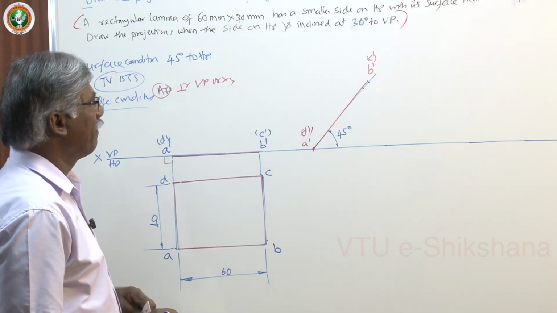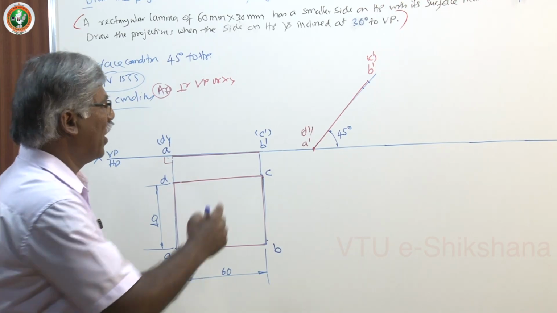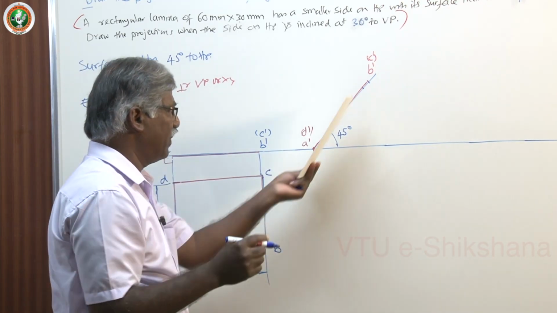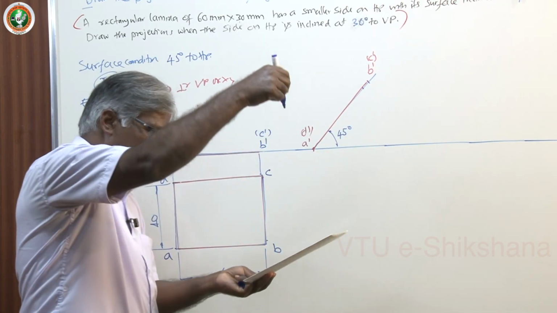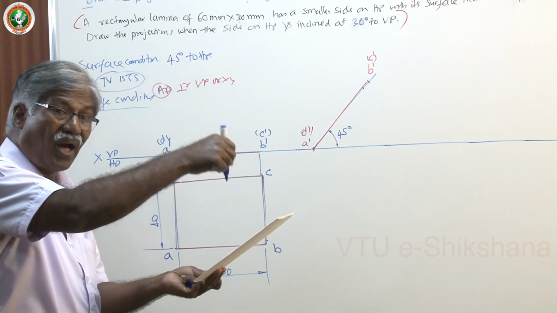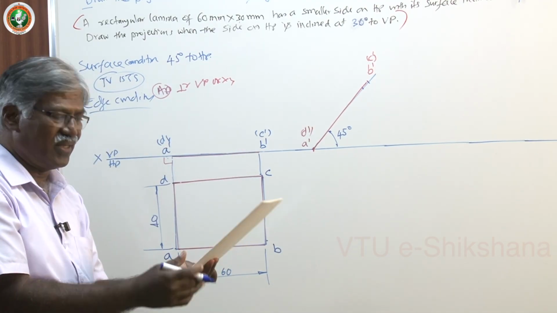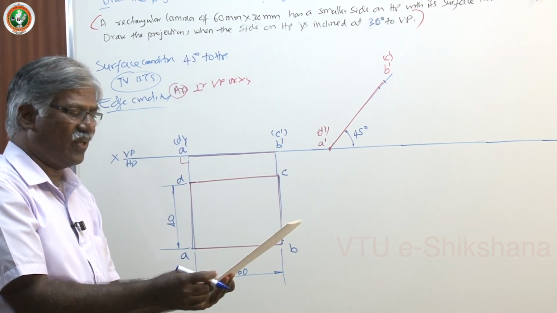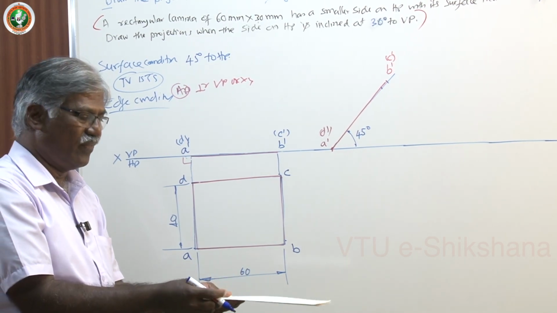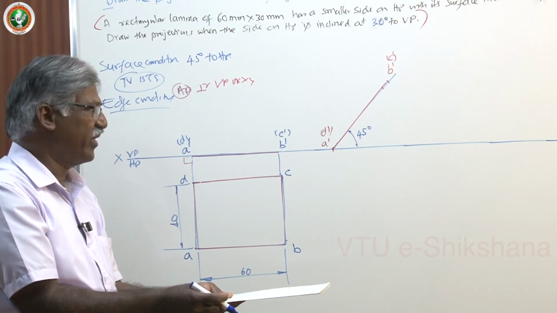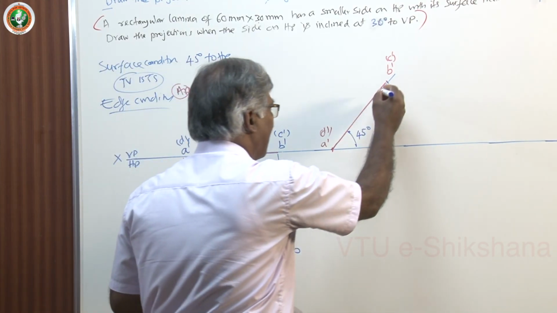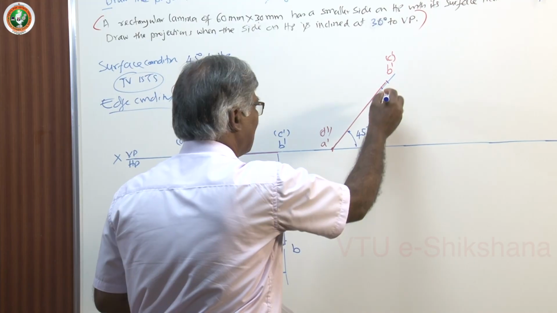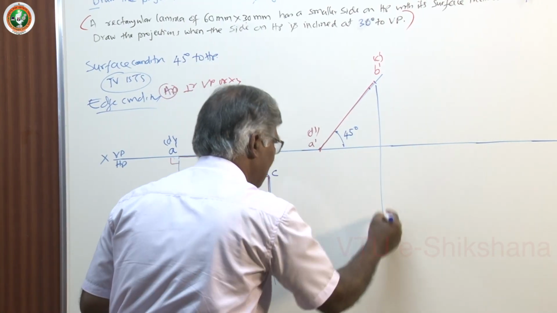Now I have made the inclination to HP of 45 degrees. The corresponding top view is an apparent shape, not the true shape, because it is inclined. If it is inclined 90, you will again get a line. If it is 45, you get a moderate value. If it is 0, you will get the true shape. As the angle increases, the shape decreases. Draw